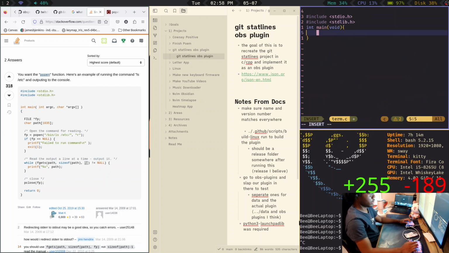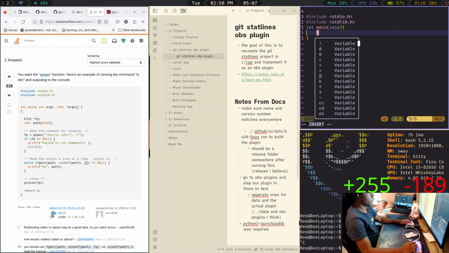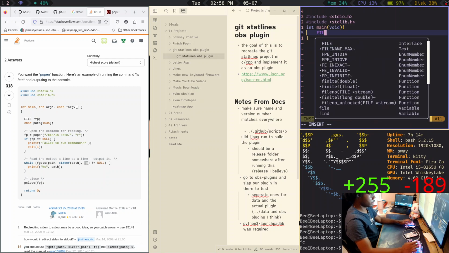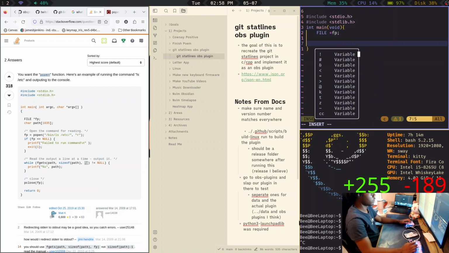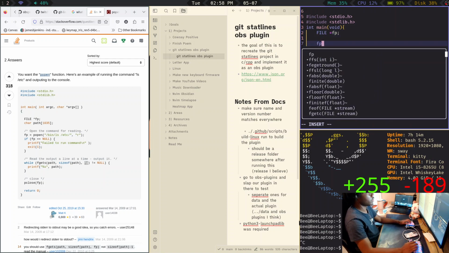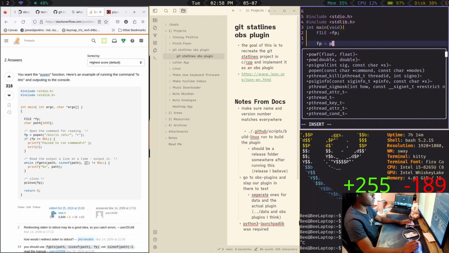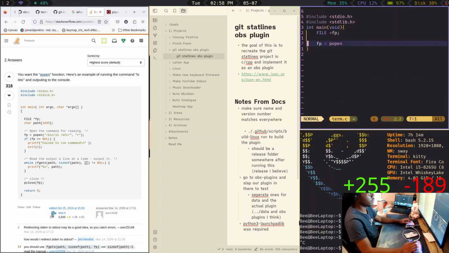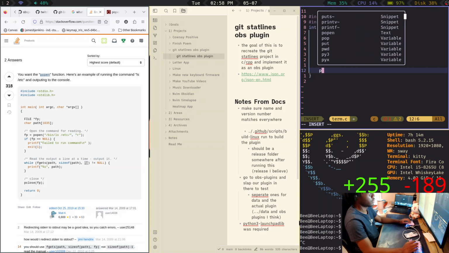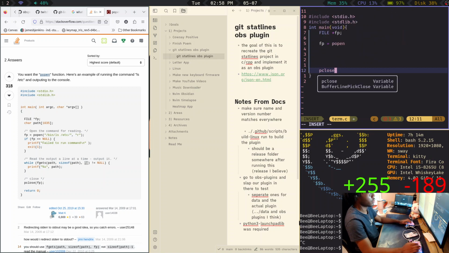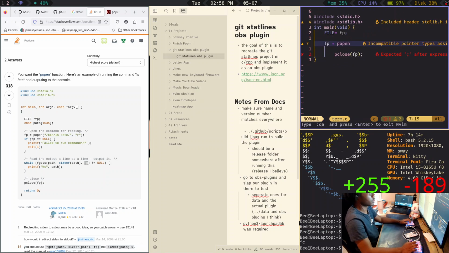Right, so then we say we want a file pointer, and then we say the file pointer equals the process, and then because we open the process, we need to close the process, pclose, and then fp, right?